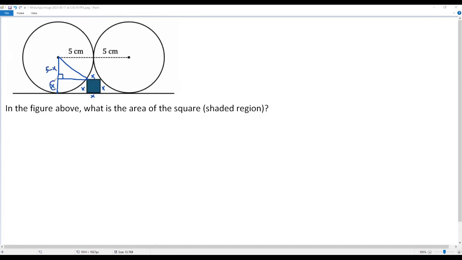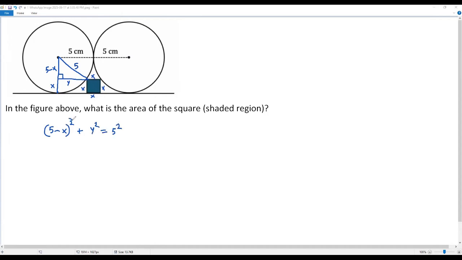That is, we have to subtract this length from the total length, that is the radius of the circle, 5 centimeter. And let me assume y as the length of the horizontal line segment over here. And we know that this is the radius of the circle, its length is 5. Now let's use the Pythagorean theorem in this right triangle. That is, the sum of the squares of the two legs equals the square of the hypotenuse. Okay, let me do it over here. That is (5 minus x) whole squared plus y squared equals the square of the hypotenuse, that is 5